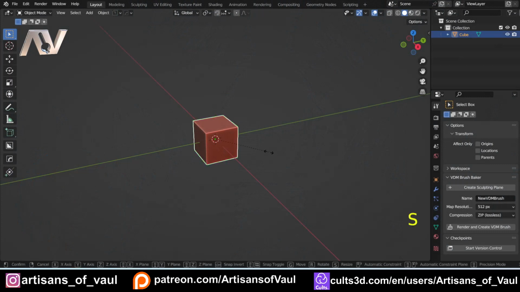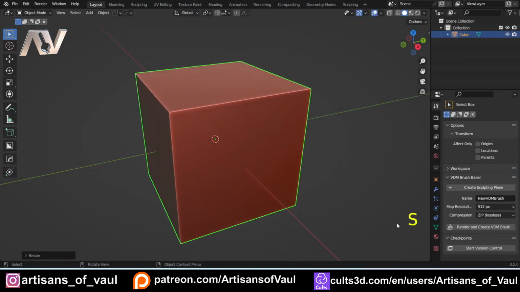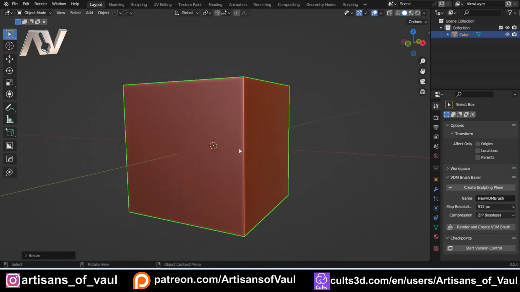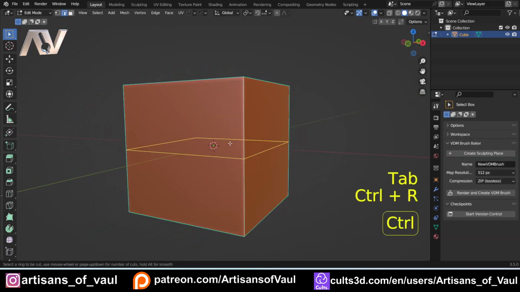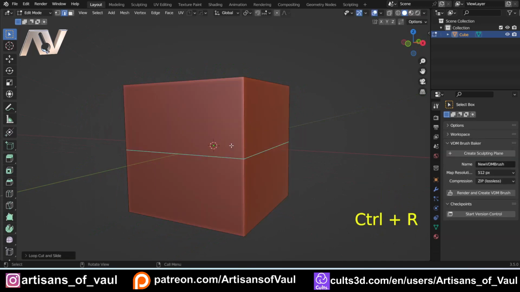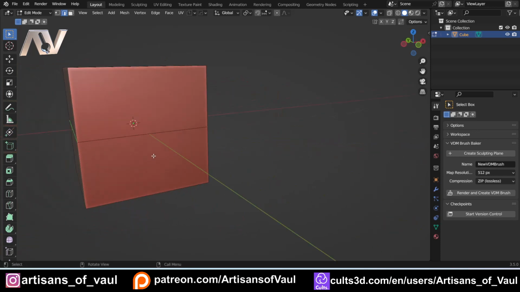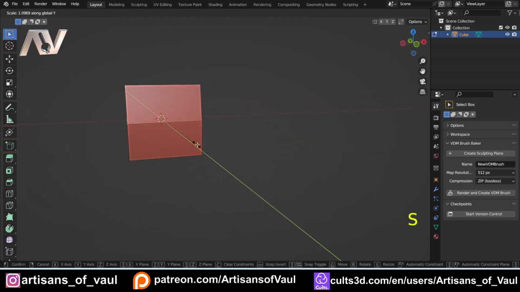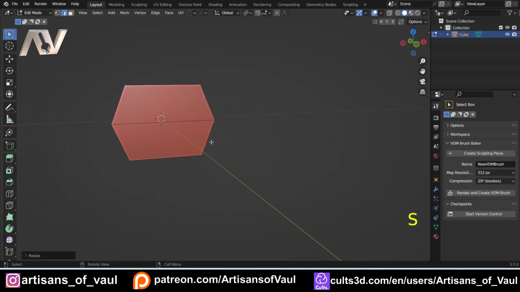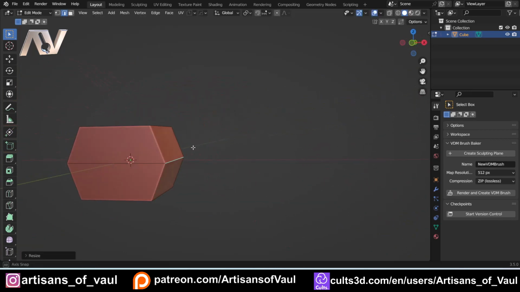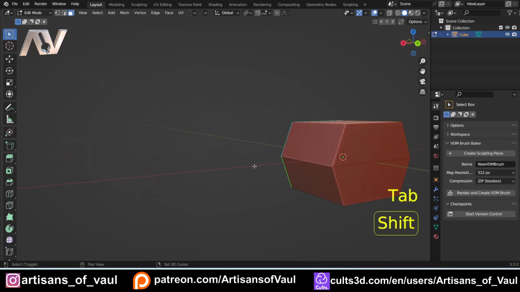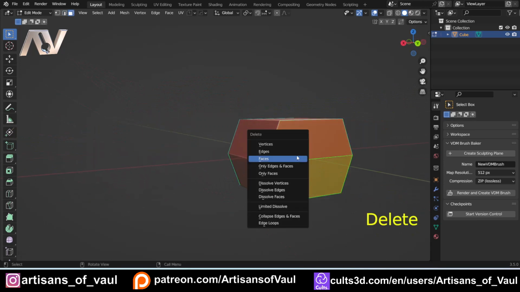So I've got my cube and I'm just going to S to scale that up. You can see my screencast keys in the bottom right hand corner, and I'm going to go into edge mode and let's Control and R and put in an edge loop here, and then sticking in edge mode we can select that edge, and then let's just S and X that out so it's slightly wider, and then I'm going to go into face mode, delete that face, that face, that face and that face, let's delete those,